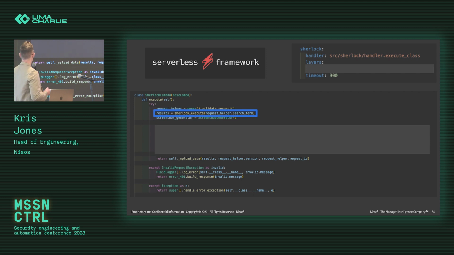And all we did here, I don't have line numbers, but what is highlighted there is we just downloaded the Sherlock project, wrapped it in a Python function, and then call it there. And that gives us all the results from Sherlock. So we're able to implement Sherlock in like 15, 20 minutes, and of course run through all the appropriate testing. So it makes the speed of development insanely fast.